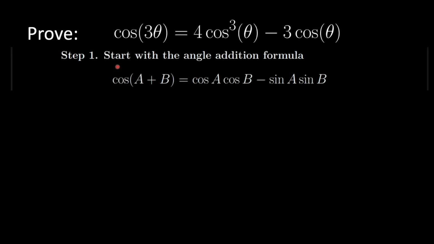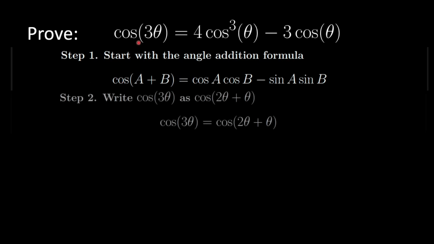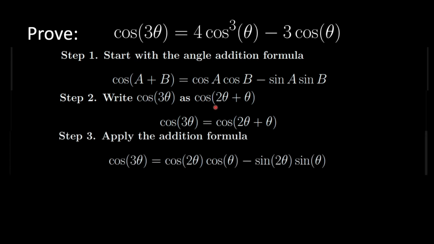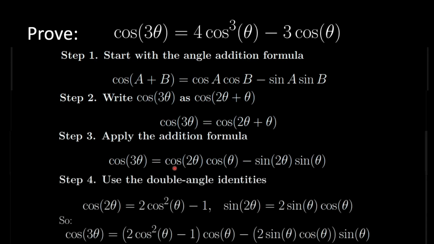There's a formula called the angle addition formula, which states that if we have the cosine of two angles added together, we are able to express them in terms of a and b in this new equation. Now you might be asking yourself, we have the cosine of 3 theta, where do the two angles come from? Well, we can just write cosine of 3 theta as the cosine of 2 theta plus 1 theta. From there, we can then treat 2 theta as a and 1 theta as b, and plug them into our original equation. Now we are able to see that the cosine of 3 theta is equal to this new equation using our angle addition formula.